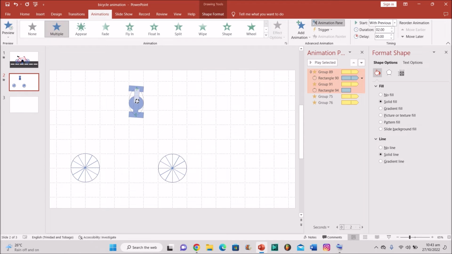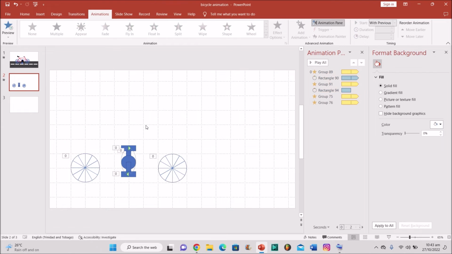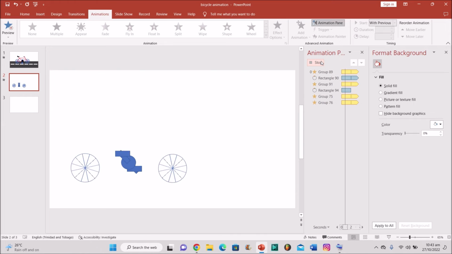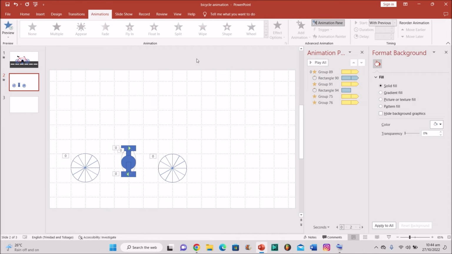And we simply bring all these things together. All right. So that's pretty much the animation part of it, and we can simply